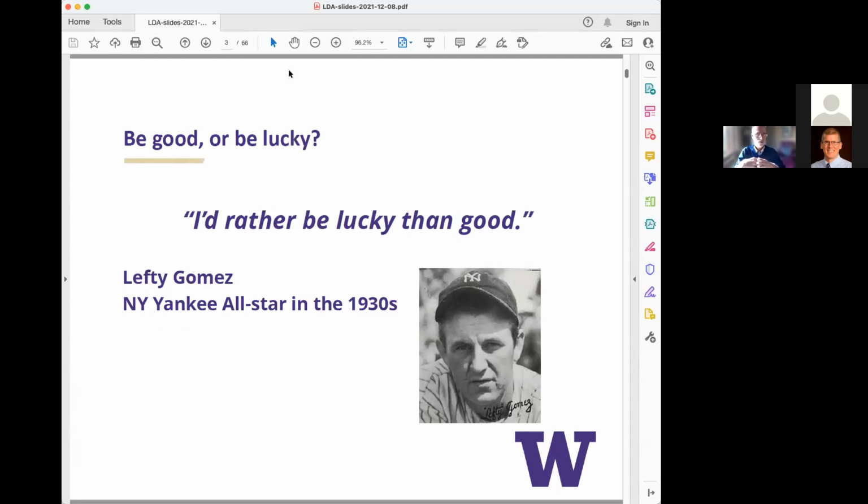So I want to give you this slide. I don't know if there's any baseball people out there. This was something new to me. When I thought about the motivation for doing this, and I'll present the example in just a minute, I realized I was trying very hard to make good decisions, and I actually made some good decisions, but I also realized later that I got lucky in some ways. And so I just wanted to bring this quote to you guys. Do you want to be good or do you want to be lucky? I think as statisticians, we're averse to being lucky. We're really hoping to be good, and I'll close with that comment as well.